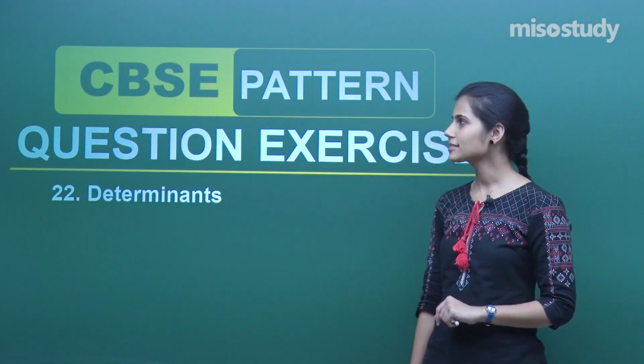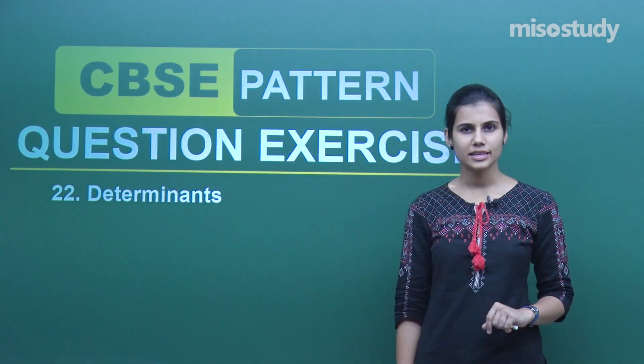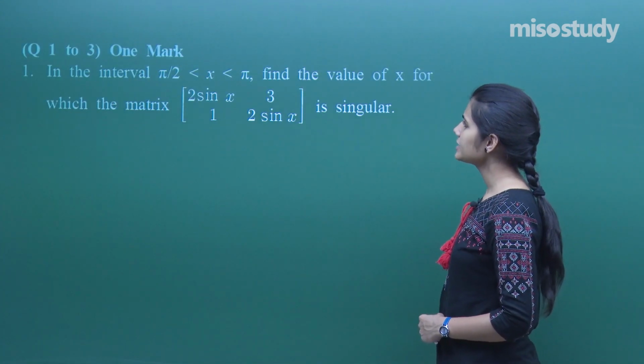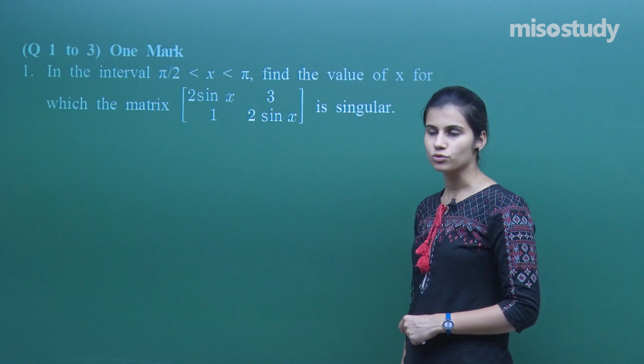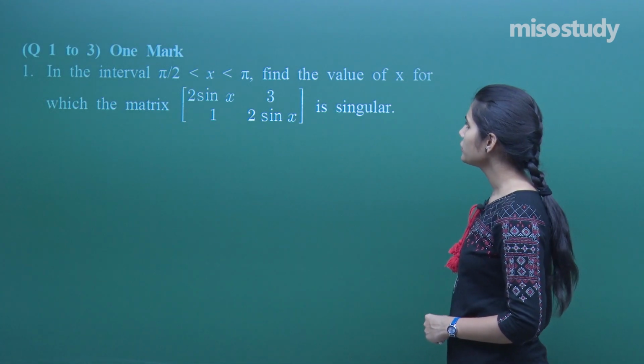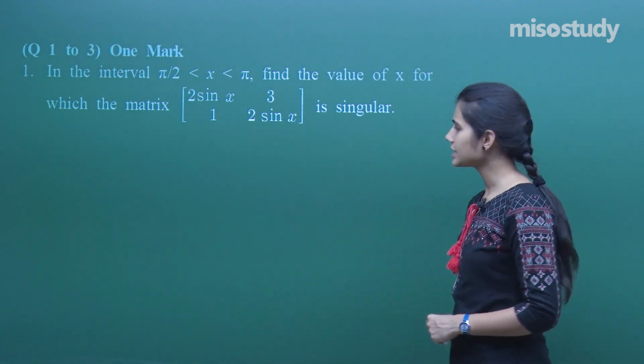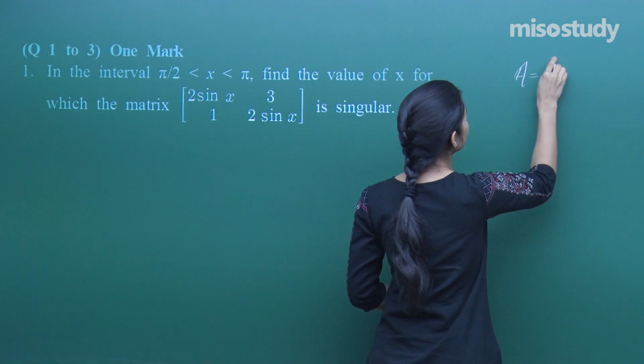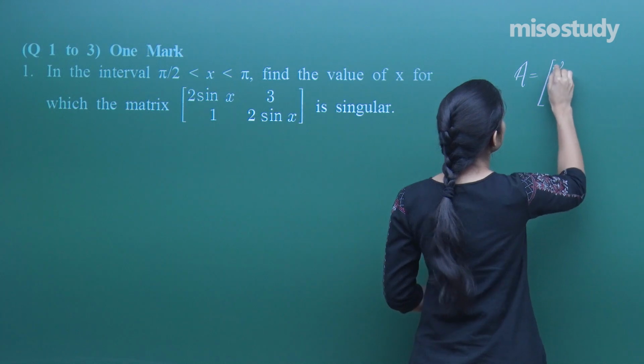Okay guys, let's begin our discussion over the CBSE pattern question exercises for the chapter Determinants. The first question carrying 1 mark says that in the open interval pi by 2 to pi, find the value of x for which this given 2 cross 2 matrix is singular. Matrix is singular means if I am saying A is this given matrix which is